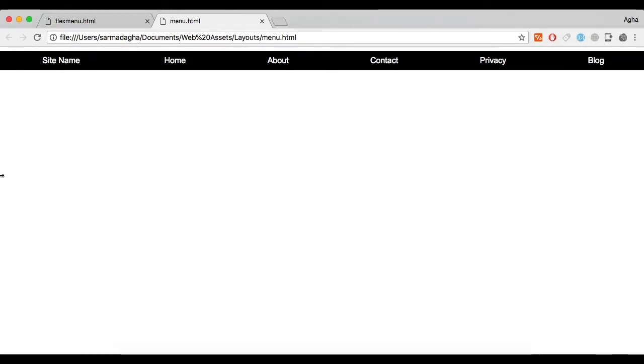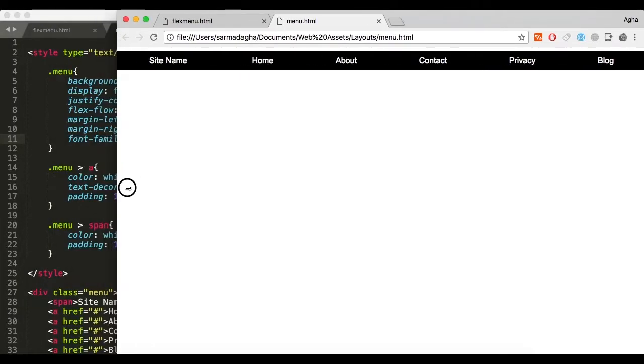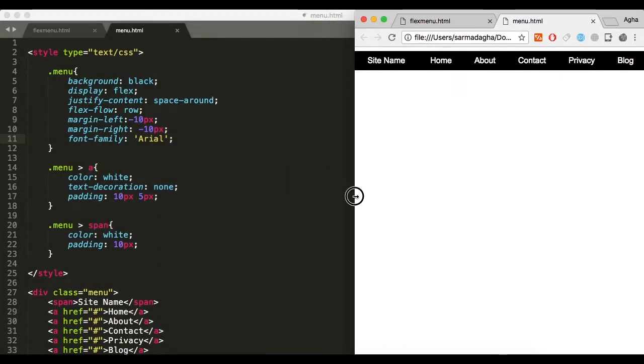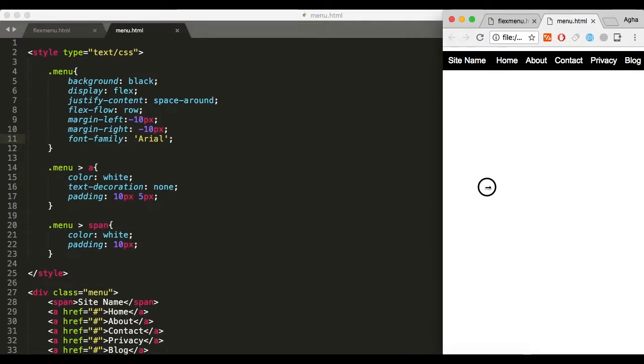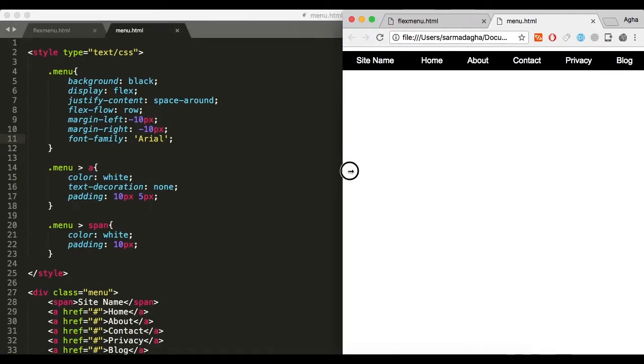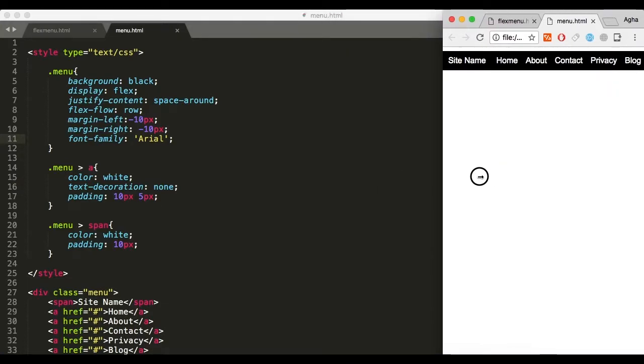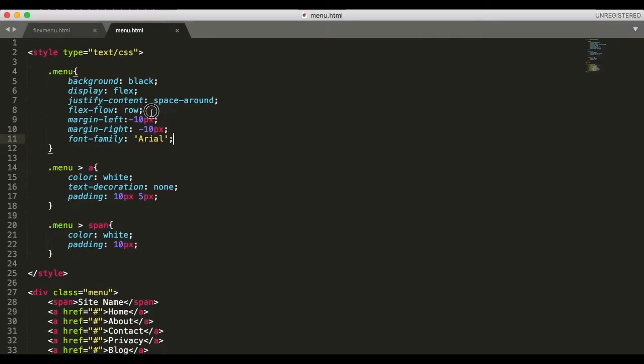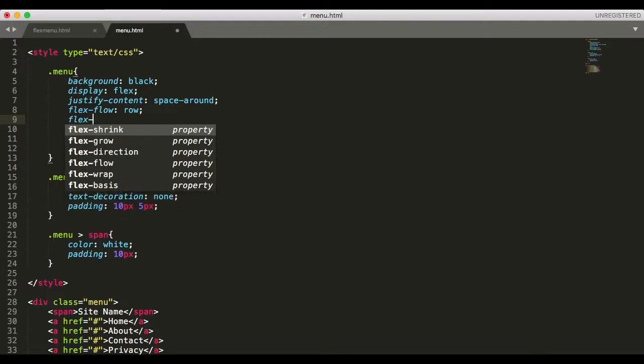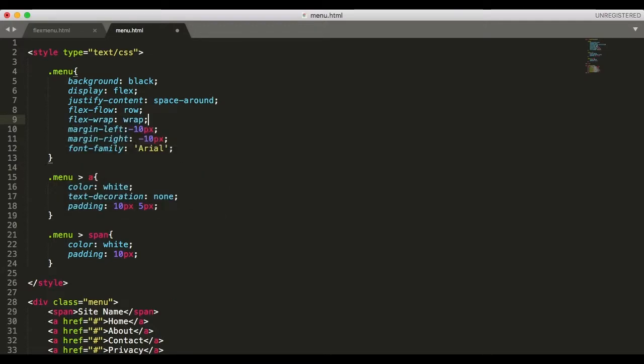Let me show you how it looks if I resize the browser window, because we have added the flex property. Okay, the menu has become flexible now, but the links are not coming over each other. Why? Because I have not defined another property for them, which is flex wrap. Now if I define flex wrap here and set the value to wrap,